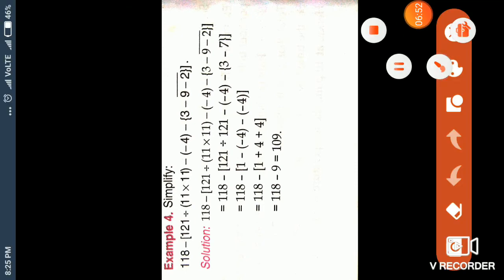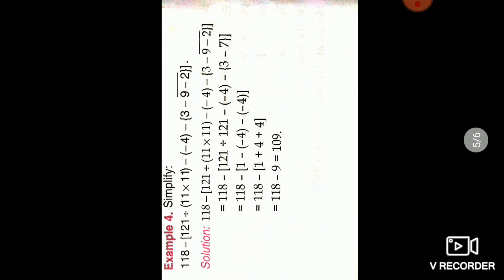Next example, I am giving you a lot more examples so that you can understand the concept of simplification, because you have to solve it. If you do not understand, you can ask me. Understand? So you can see here that